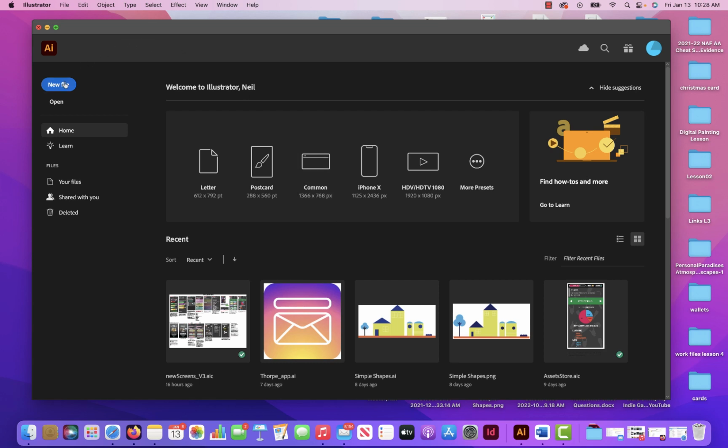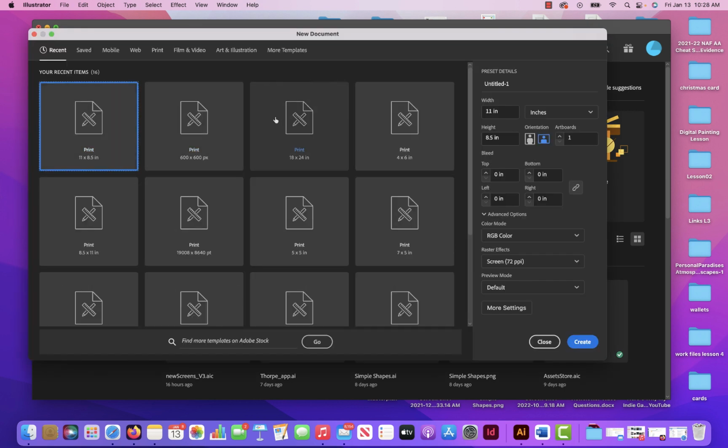Alright, so I'm going to help you do some simple shapes. I'm going to click New File to start off, and the artboard doesn't really matter what artboard you use. I'm going to use just an 8.5 by 11 print, and then I'm going to make it landscape. I'm going to title it right here, Simple Shapes,